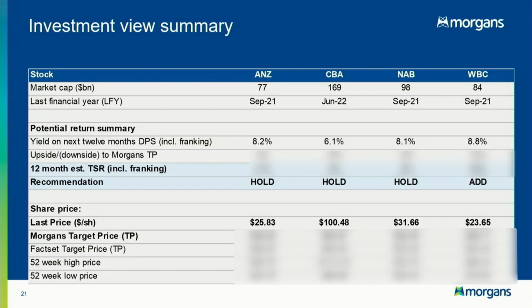In terms of my investment views, I'll go through them one at a time. So ANZ, I've retained a hold on it. If I think about these dividend yields inclusive of the franking credit, ANZ's on about 8% at the moment. Look, if you look at the total return, you'd say, hey, that's probably sitting within buy territory. I'm just a little uneasy on this one at the moment. ANZ is seeking approval to establish a non-operating holding company so that you can actually set up like an unregulated sort of financial services